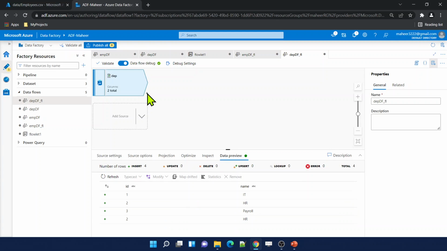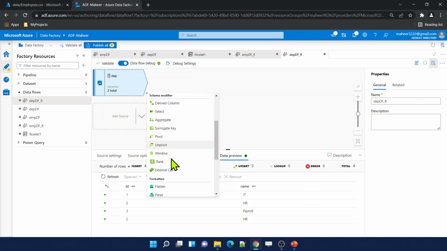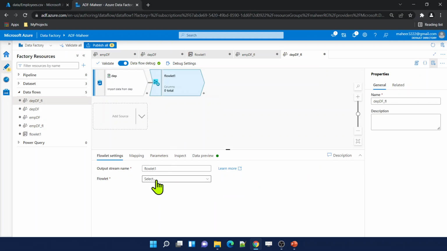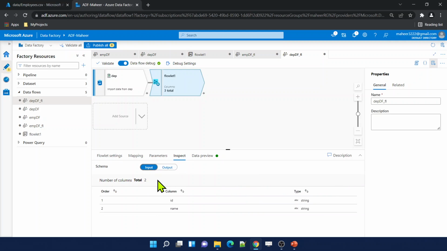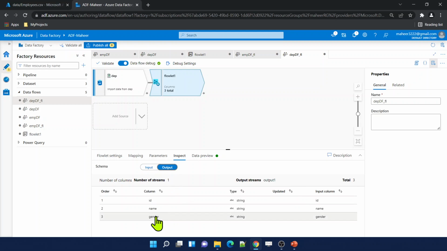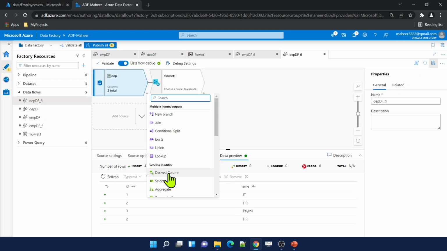Now I won't do anything else, I will simply use the flowlet that I created. I will select this flowlet, and inside it select the flowlet I am interested in using here. If I go to the inspect tab, the input columns have id and name, but the flowlet is expecting a gender column as well. So you need to make sure to have a dummy gender column, because the flowlet expects that column to be passed. Before using this flowlet, you need to create a dummy column